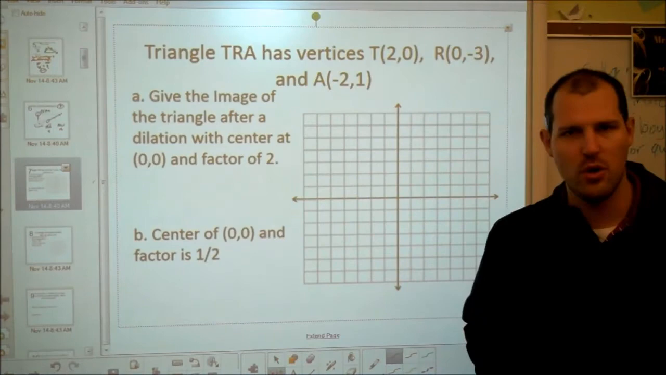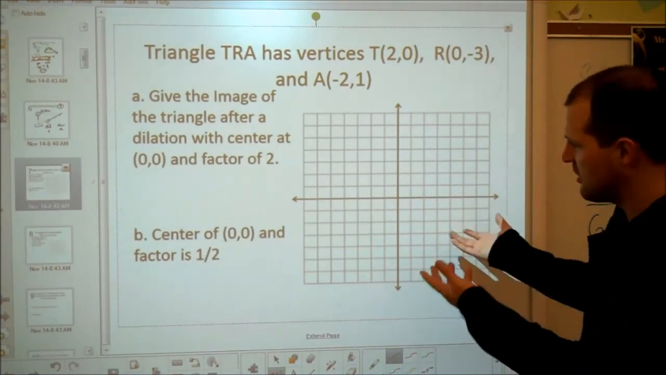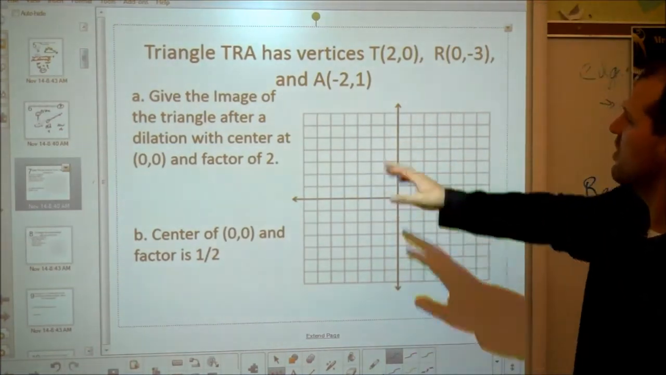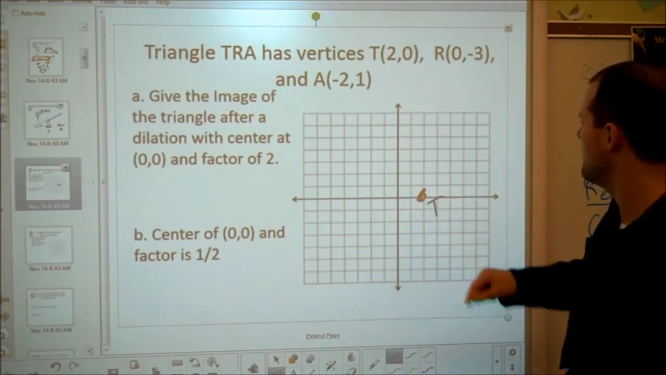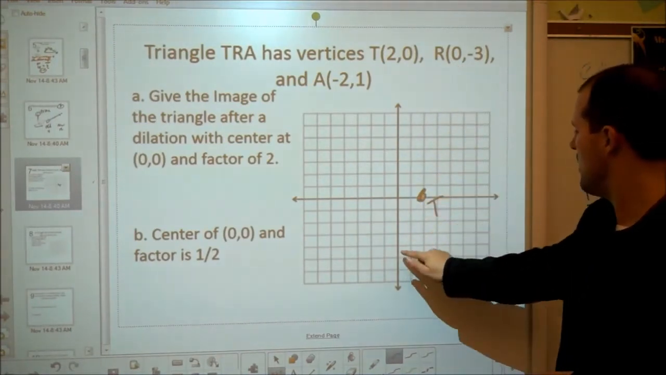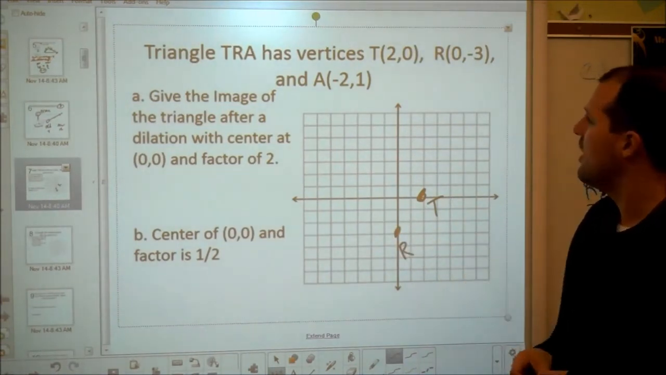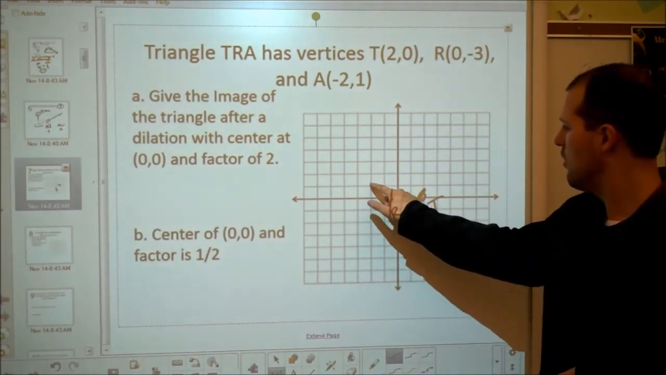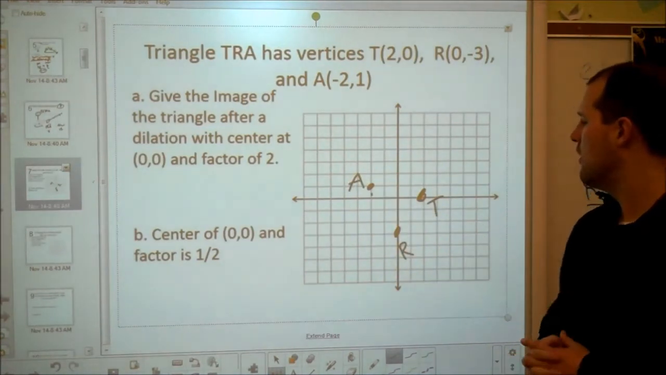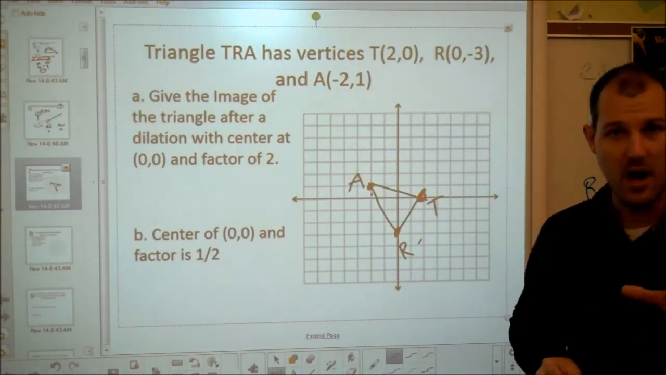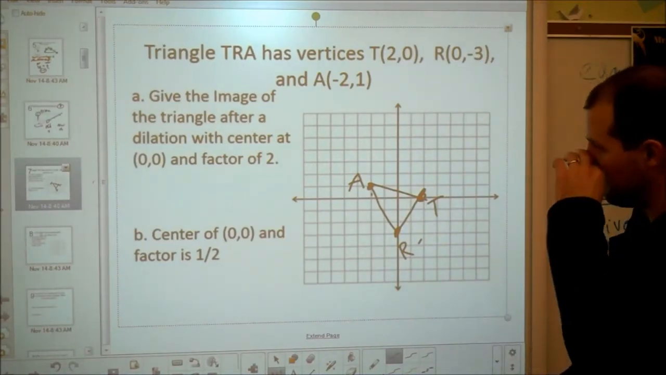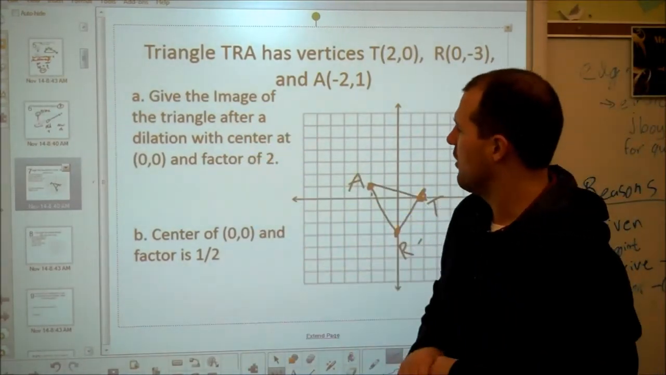Alright, and so this is a normal question that'll come up. You'll be asked to graph something and explain what the answers to the questions are. Triangle TRA has vertices T (2, 0), R (0, -3), and A (-2, 1). Make sure you label them. It's a triangle, so I should make it look like a triangle. You may want to pause and make your image look nice on your page. Give the image of the triangle